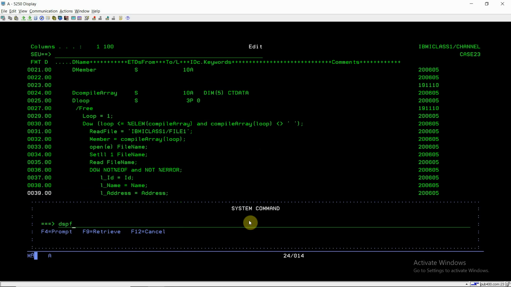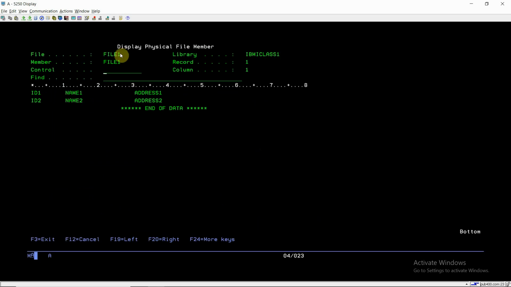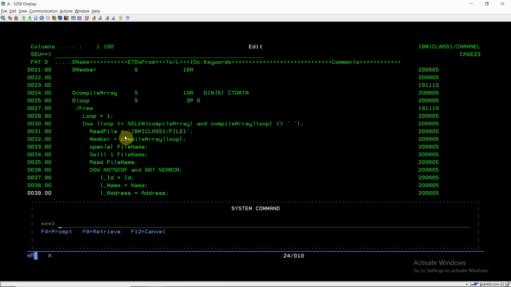If I want to look at the data in them, I can use DSPPFM file1 with member star first, which is file1. I can see there are two records in file1.